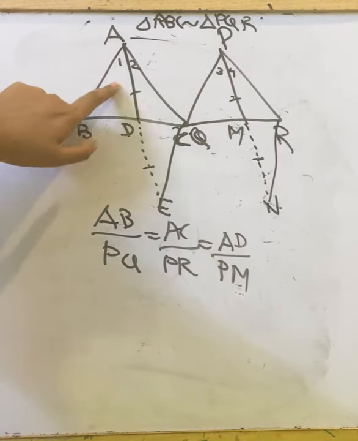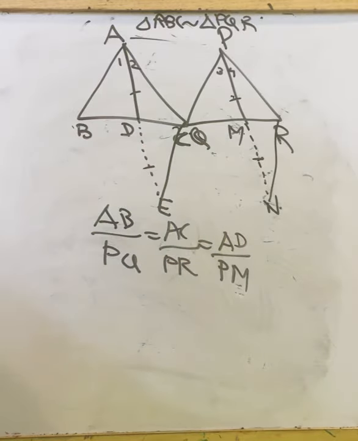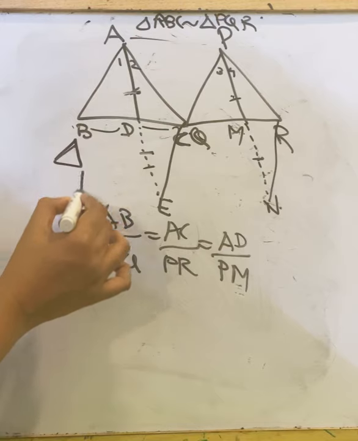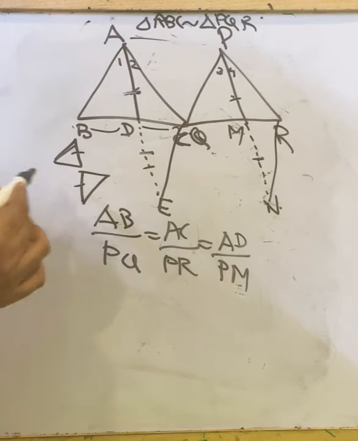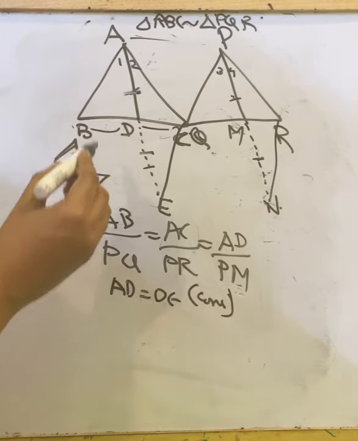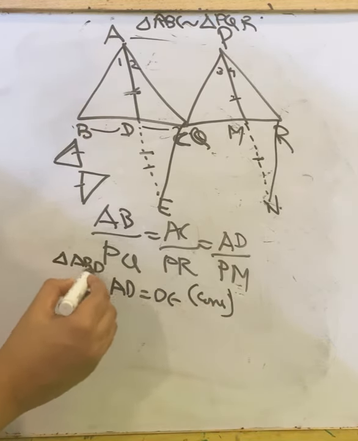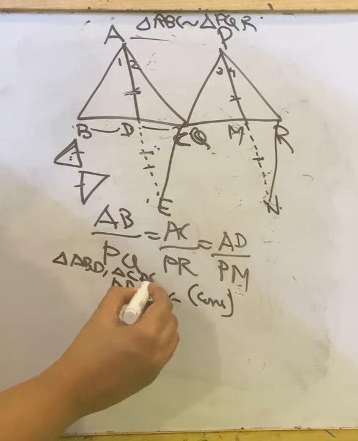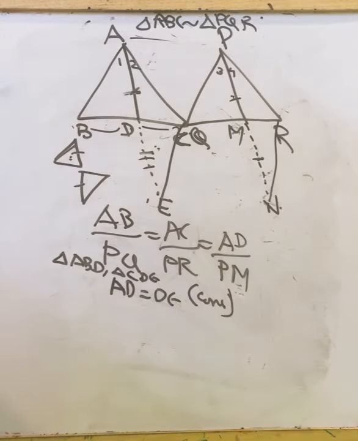Here in triangle ABD and triangle CDE, we have this length and this length are equal according to our construction. We constructed as these two lengths are equal. Also we have this length and this length are equal. That is in this triangle, upper triangle and this below triangle, we have these two lengths equal as per our construction. That is AD equal to DE construction. We are considering triangles, triangle ABD, that is, this is ABD and this is triangle CDE. In that we got these are equal as per our construction.